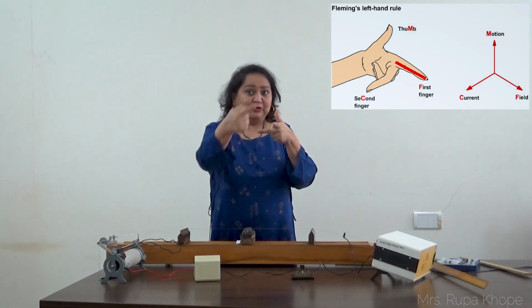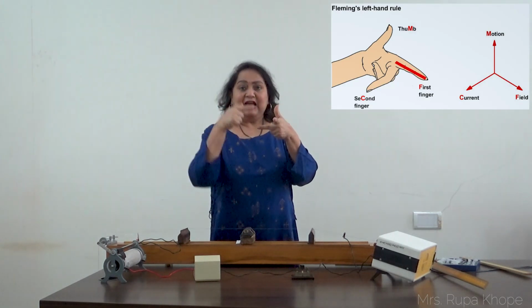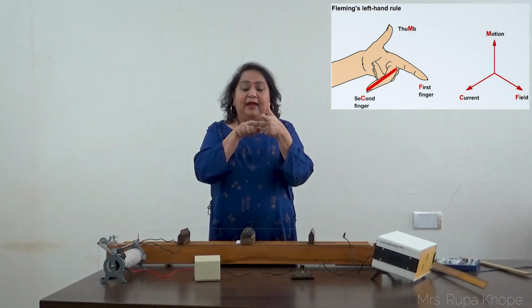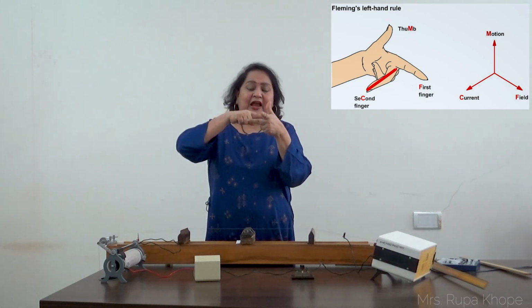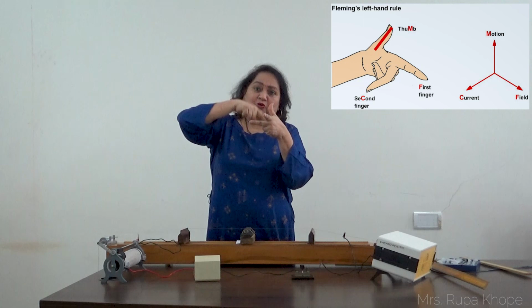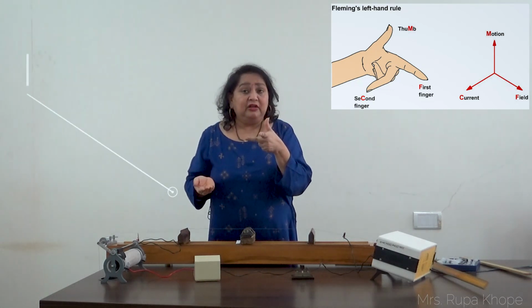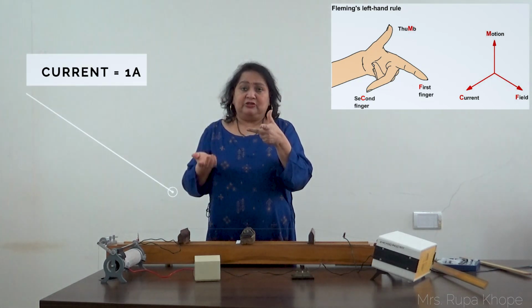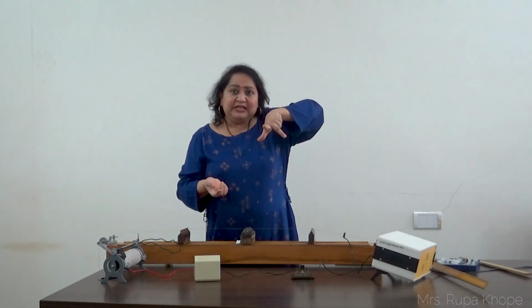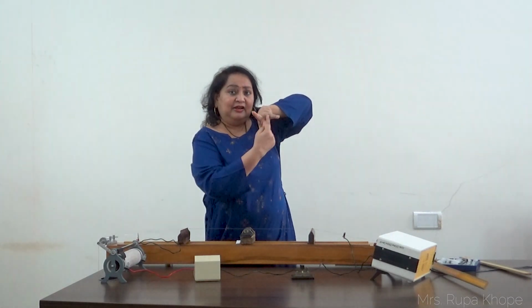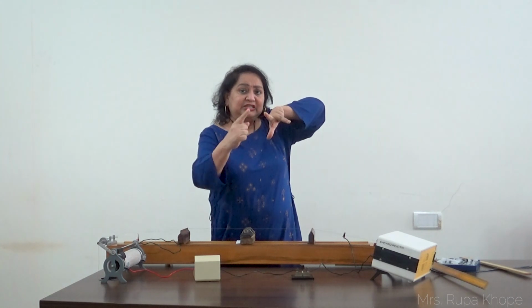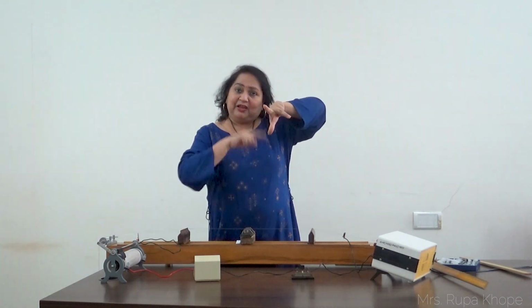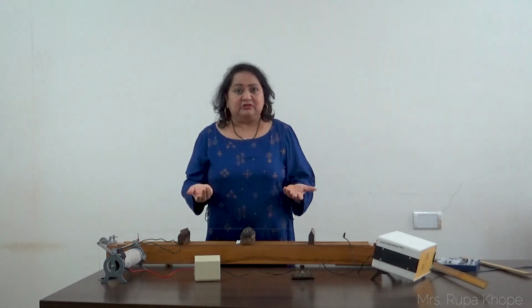Magnetic field is from this side to this side, north to south. These are the field lines facing you. Then this is the current and this is the force. Force in upward direction. How will the wire move? It will move in the upward direction. In the second half cycle of AC, I turn it this way. Current is in this direction. Magnetic field is in this direction. And the wire will be pulled downwards. Up and down, the wire will move. And when it moves up and down, it will definitely create a vibration.